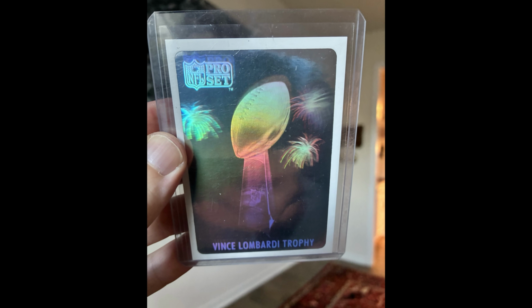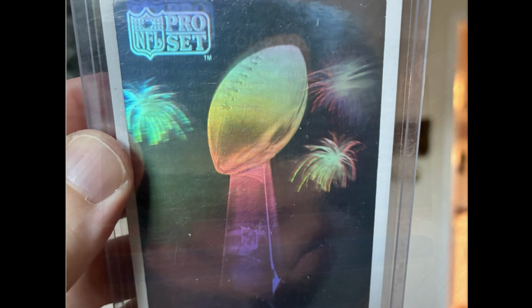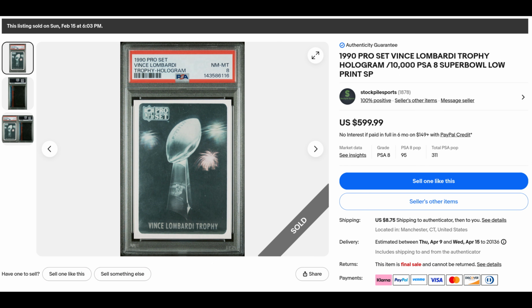gives you a really good reason to want to get digging and start just opening wax. It is a really nice card though, and it really makes you feel like you've opened something special. And the card is incredibly condition sensitive, especially the back. This is why high condition graded versions go for a lot of money, especially if you wind up with a high grade. And be careful about buying loose ungraded cards on the secondary market, since there are a lot of